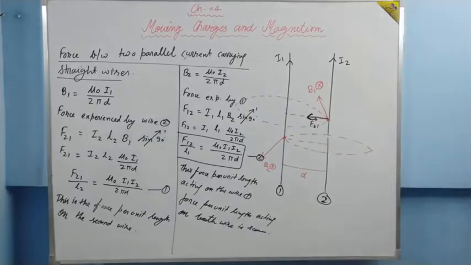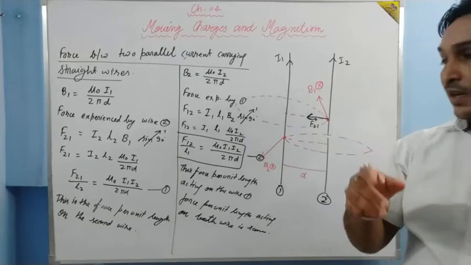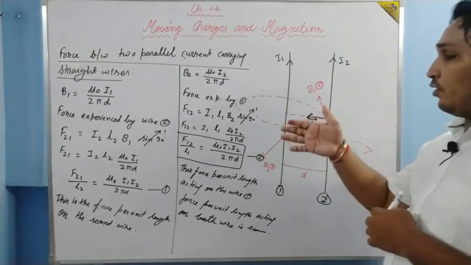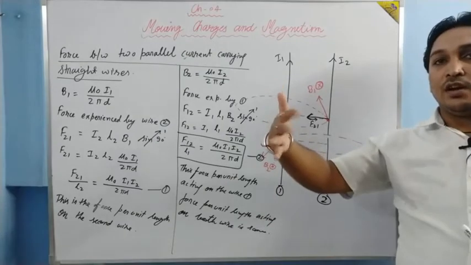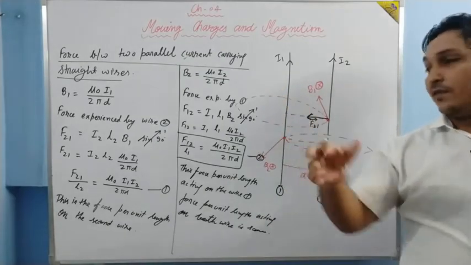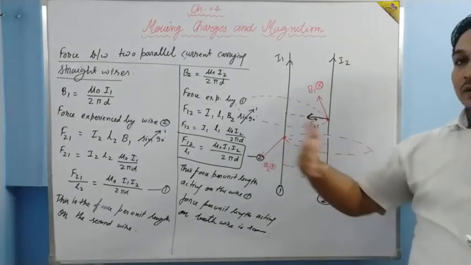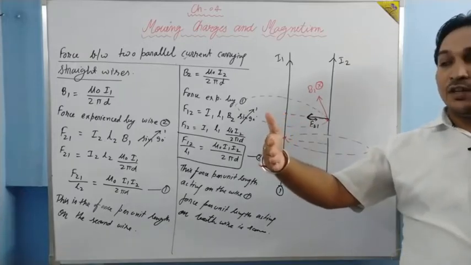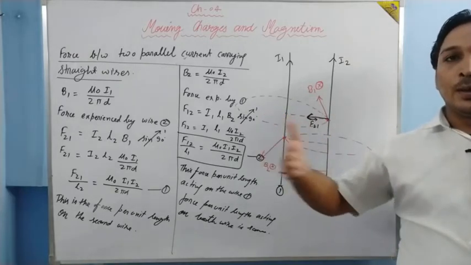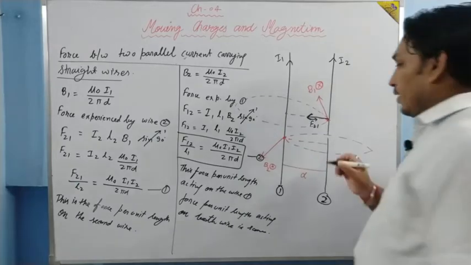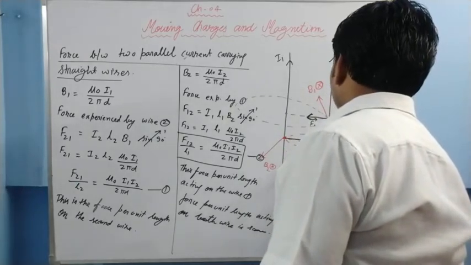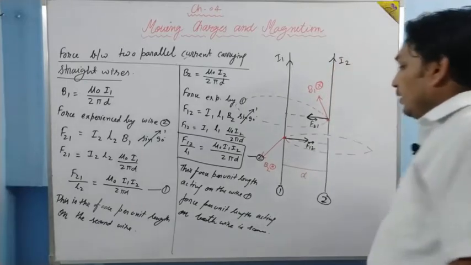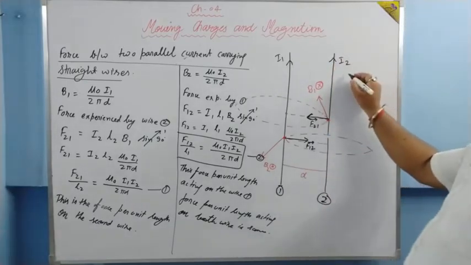Okay. Similarly, here the magnetic field is outward and thumb should be in the direction of current. So this will be the arrangement. Thumb in the direction of current and all these fingers towards the magnetic field. Magnetic field is perpendicular outward, so magnetic field is towards this one, where the palm face is indicating this direction. The direction of force on the wire 1 is in this direction. So as you can see, this force is mutual.